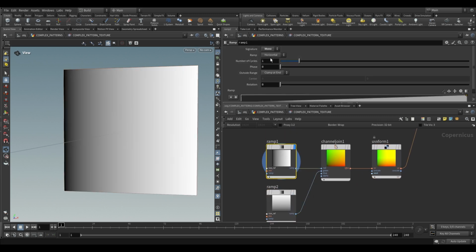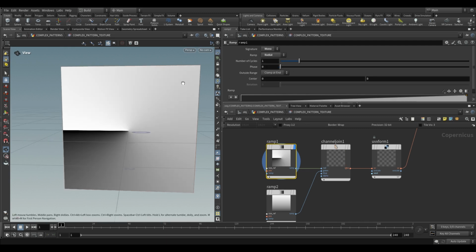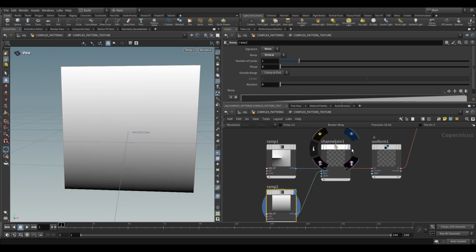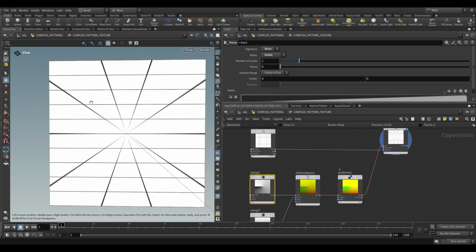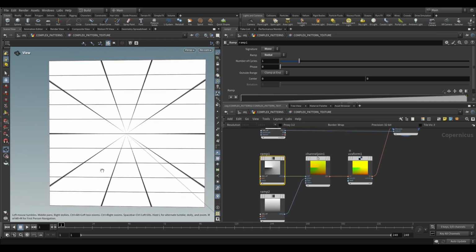But another interesting thing that we could do is if we were to change this ramp to radial. So one radial channel and one vertical channel. And let's see what that gives us. It gives us this. Now, this isn't exactly what we want out of this because we want to generate a